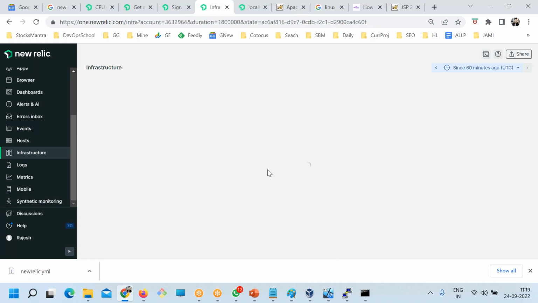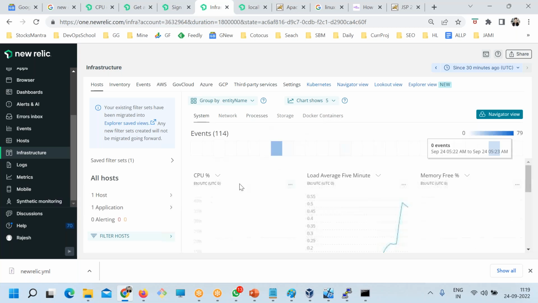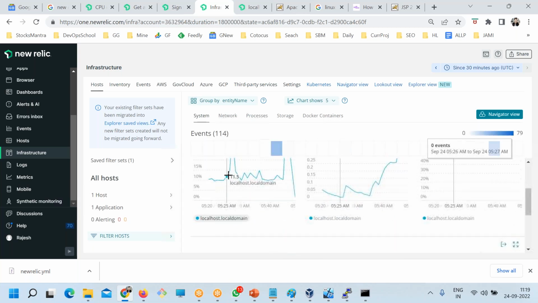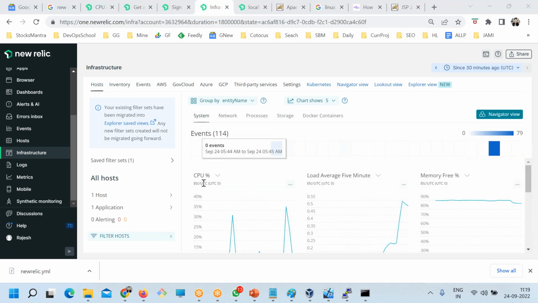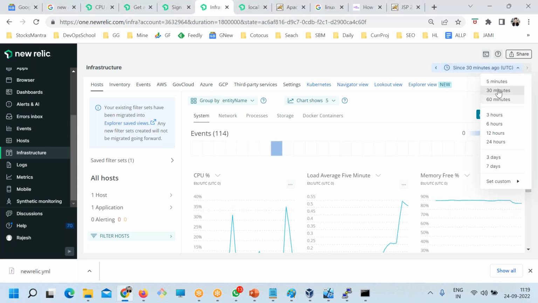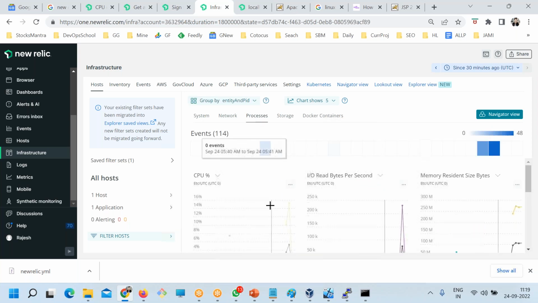Right now, I have only one infra. You will see here that understanding this dashboard is the most important thing. How do you make use of CPU, RAM? Here you can select the timing also, 30 minutes or 60 minutes. And this is the node. Process monitoring, here you have